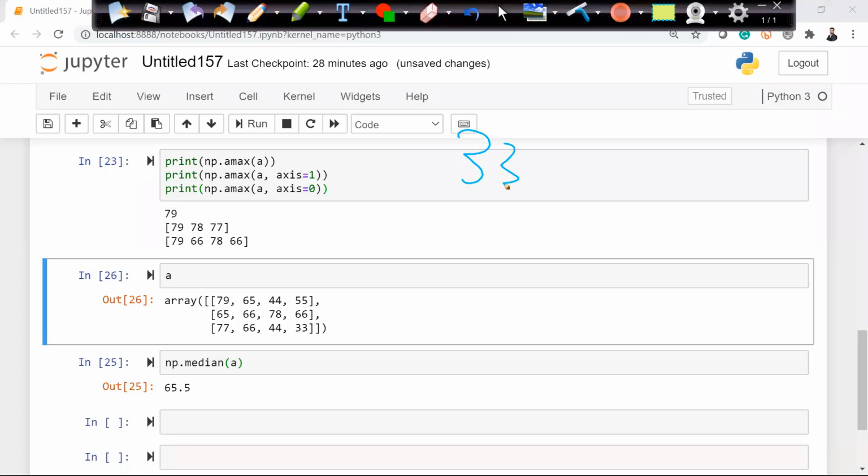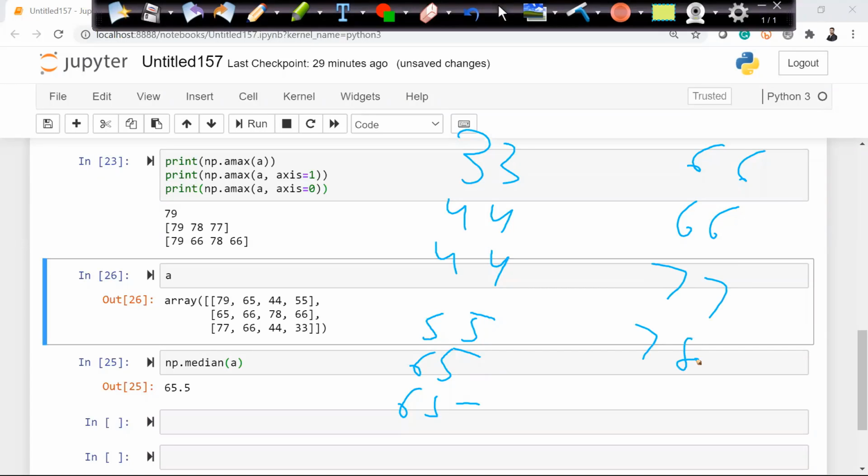Let's see whether it is perfectly working or not. 33, then 44, again 44, then 55. After 55, we have 65 two times. Then we have 66, 66. Then we have 77, 78, 79. How many values are there? 1, 2, 3, 4, 5, 6, 7, 8, 9, 10, 11.